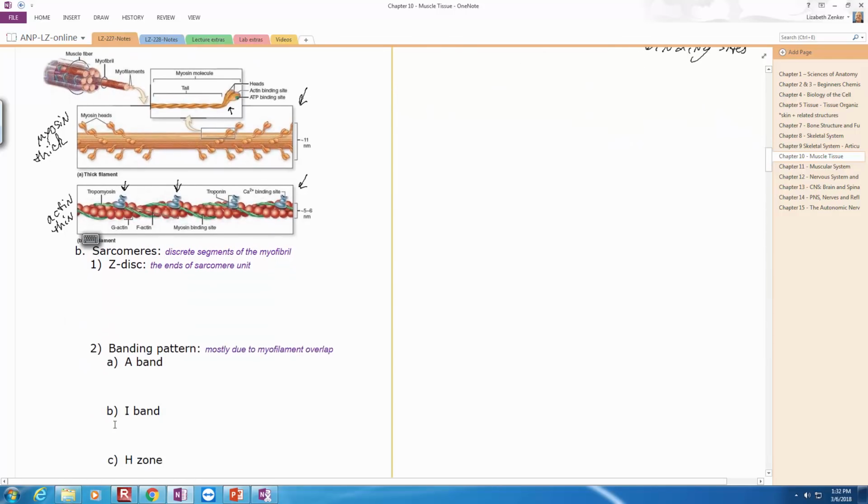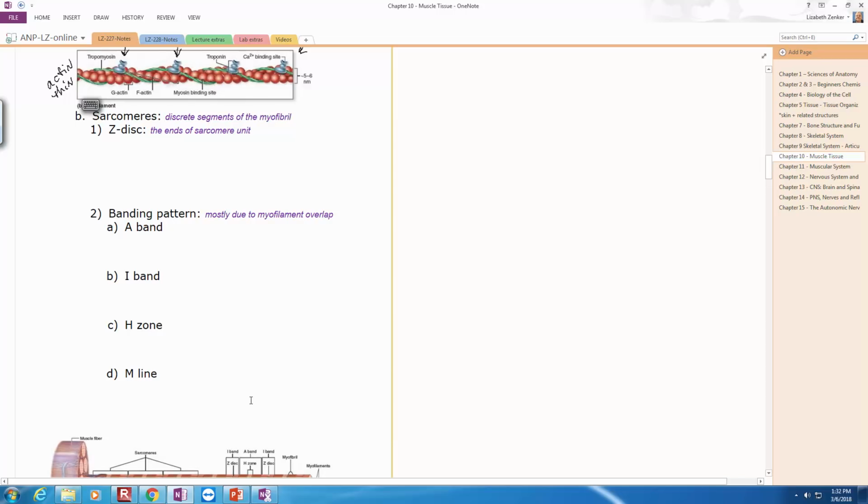Now look at the term sarcomeres. These are our little train cars lined up against each other. These are discrete segments of the myofibril, discrete meaning small segments. When we look at the sarcomere, we can see how myosin and actin interact with each other. It has Z discs. The Z disc is the end of the sarcomere unit, so a sarcomere is from one Z disc to the next Z disc. That would be one sarcomere, and then that Z disc to the next one would be another sarcomere. There will be tons of sarcomeres end to end like train cars along the whole length of the muscle organ. So Z discs are specialized proteins